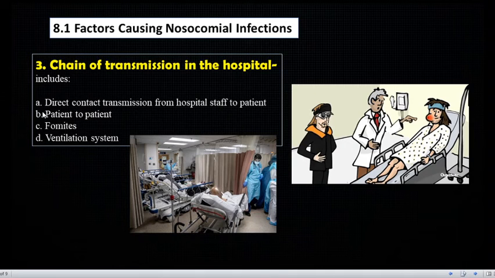Okay, so we have 4 chains of transmission happening inside the hospital. Number 1, we have direct contact transmission from the hospital staff to patient. So, yung hospital staff natin, class, pwedeng from doctors to nurses and to the ones that are cleaning the hospital. So, your hospital personnel can be the number one transmitters of diseases. Bakit? Kasi nga, sila yung in contact, or they are in a direct contact with your patients every day,